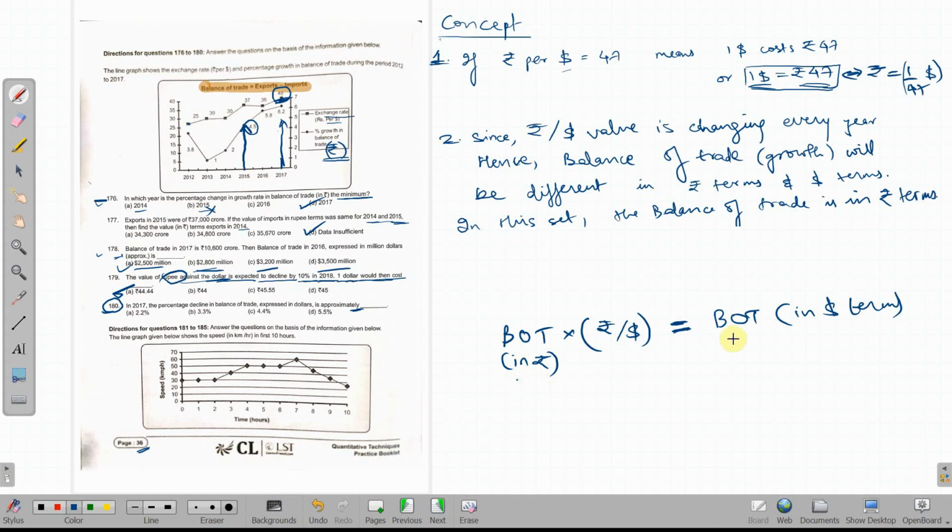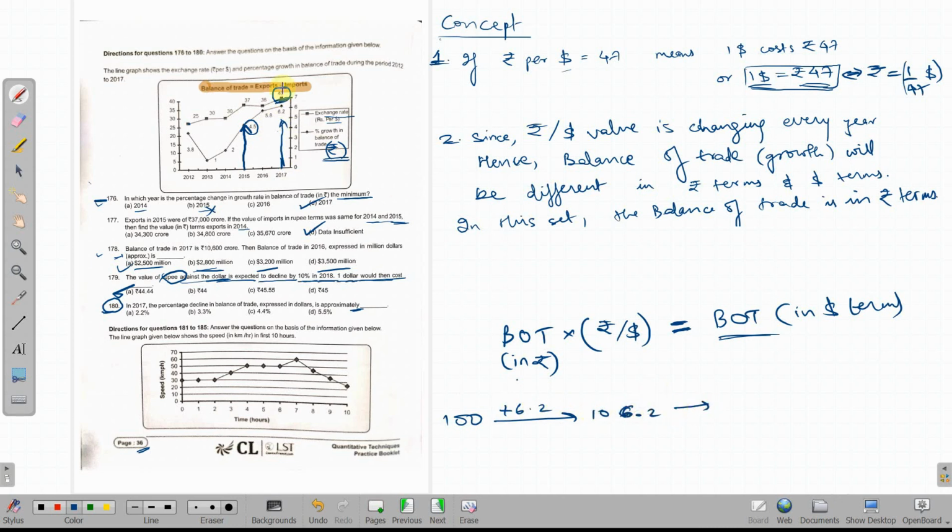तो लेट अस से दिस वैल्यू ओरिजिनली वाज 100. ओके, वी आर डूइंग दिस फॉर विच ईयर? वी आर डूइंग फॉर 2017. सो 2017 में this has increased by 6.2%. So can I say this will become 106.2.